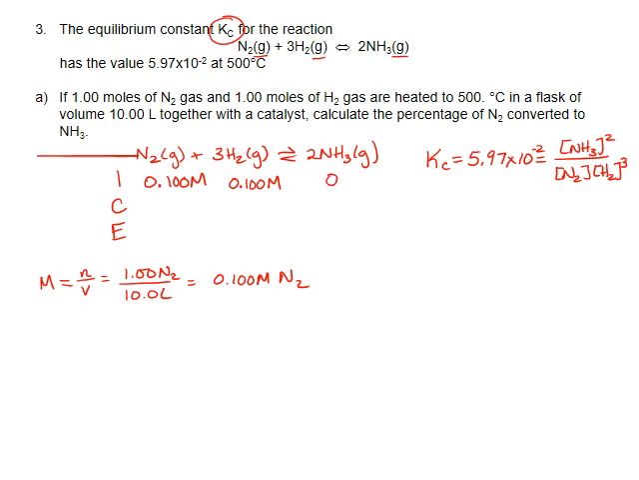Again, since we're starting with only reactants in this situation, the reaction will have to proceed in the forward direction to reach equilibrium. So we'll use minus x as our change for the nitrogen, minus 3x for our change for the hydrogen, and plus 2x for our change for the ammonia. The equilibrium row is the sum of the initial plus the change. Plugging these values into our Kc expression,